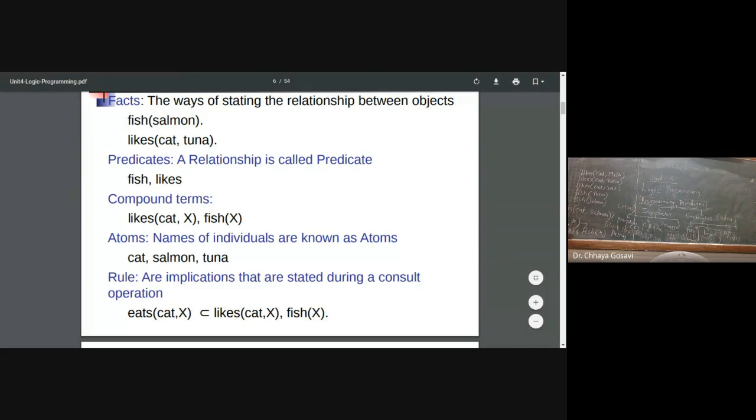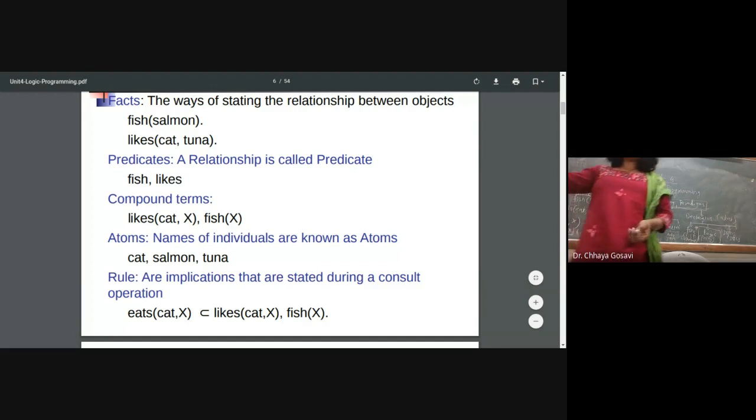So if we solve the first query, cat likes X, the values of X are milk and tuna. Then I have to put these values of X in the other predicate and check whether we have fish tuna, fish milk. For fish tuna, it returns true. So the value of X will be true. This is how these queries are solved.